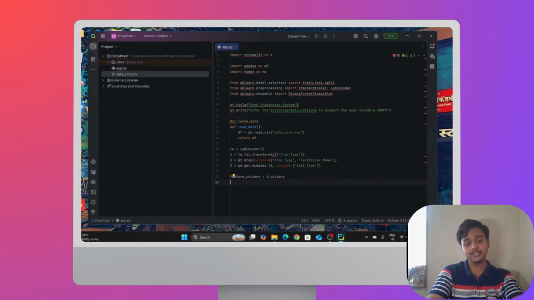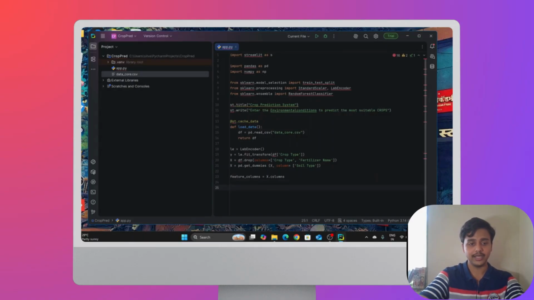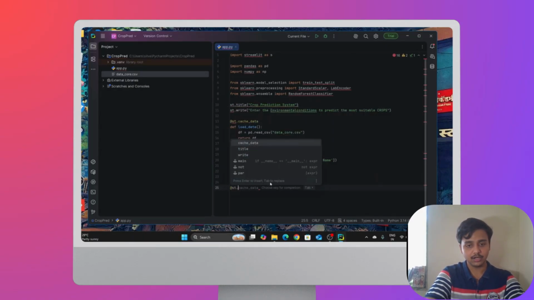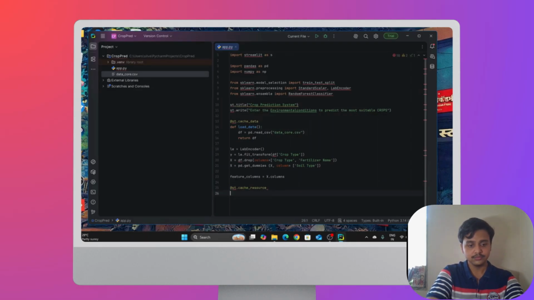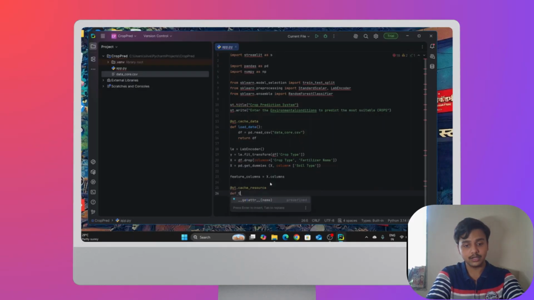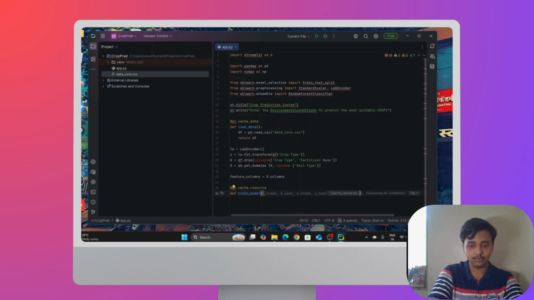Now the next step is going to be training the model. To train the model, we will have to write here again st dot cache data, sorry, cache resource, and here we are going to define the training model, where the input is x and the output is going to be y.